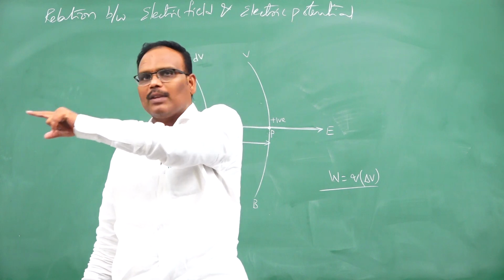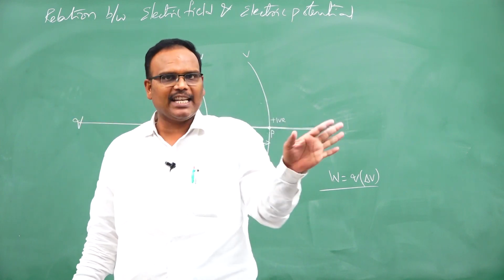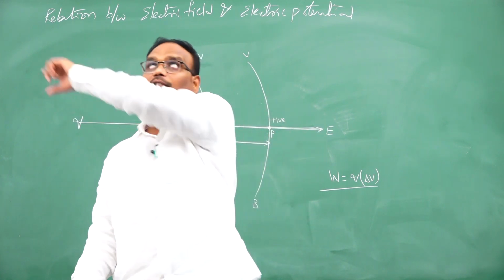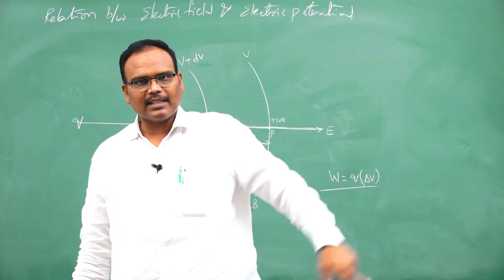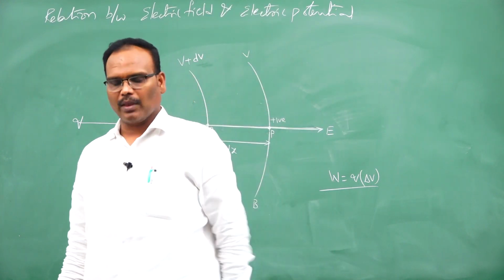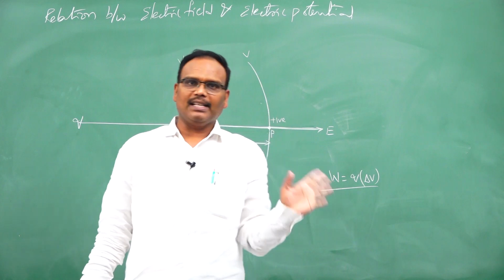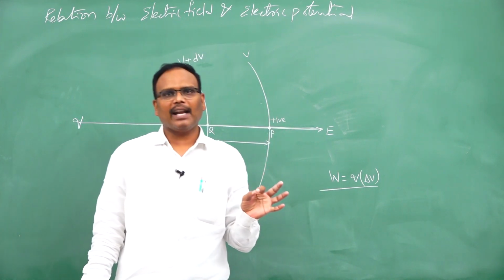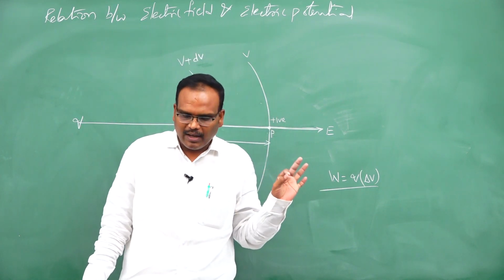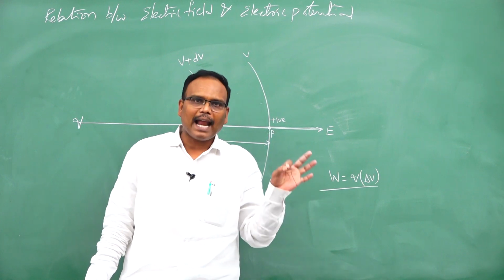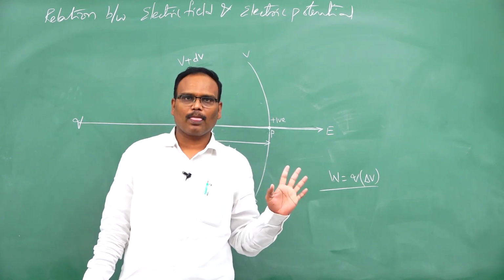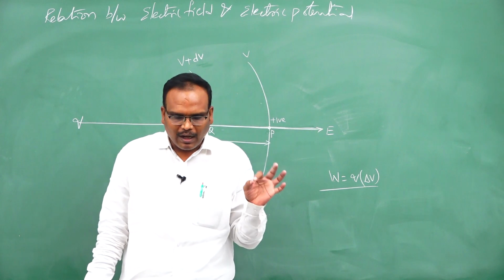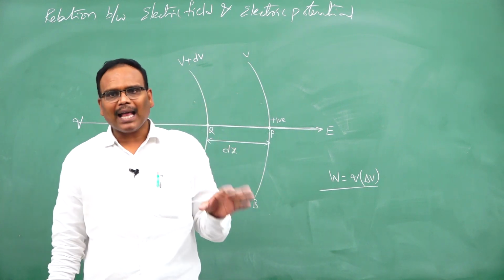How you moved from this point to this point is immaterial. If I move straight or if I move in a different path, it doesn't matter, work done will be same. In conservative fields, work done is independent of path. This we have seen in the case of gravitational field also. Only in the case of